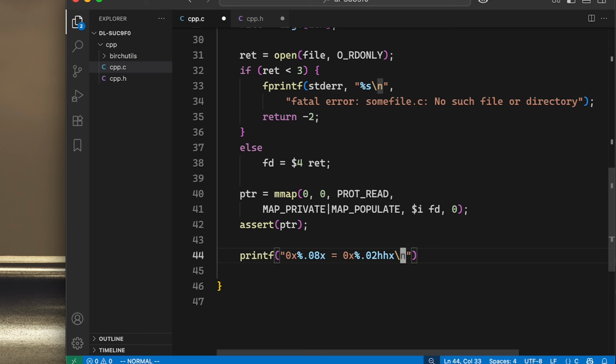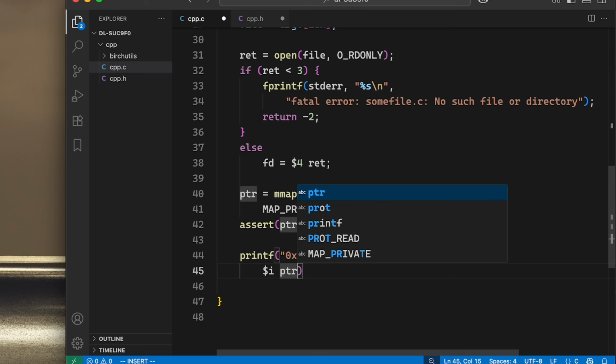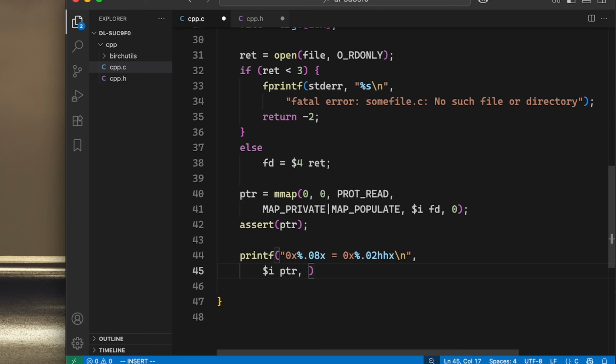And how do we differentiate between printing the address of the pointer or the value at that address? Well, in this case we just say the integer of pointer, and in the other case we want this to be a char, and we want to dereference the pointer,